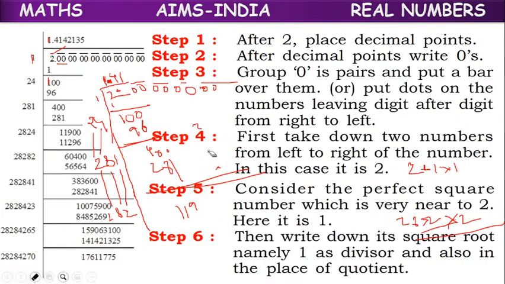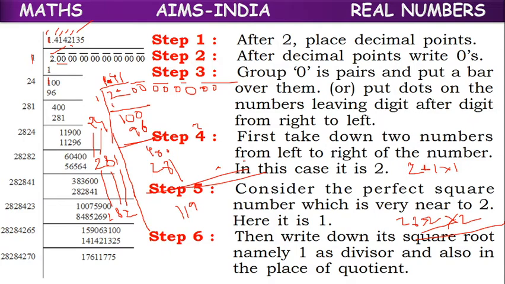So like this we go on dividing, and we will get decimal points here. But we need only up to 5 decimals. So 1, 2, 3, 4, 5, which means 1.41421 is enough. So in this way, by the long division method, we can find the value of root 2.